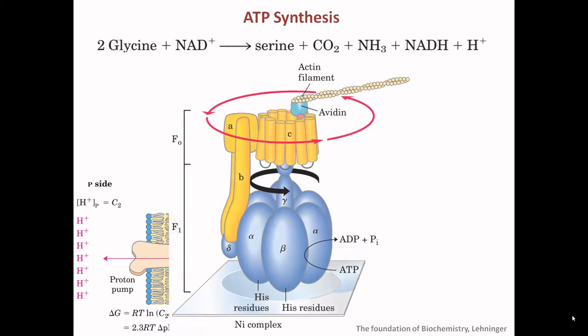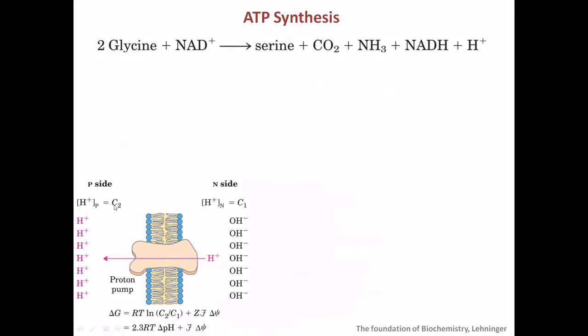So the proton pump, the proton gradient that is generated, maintains an electromotive force, or the proton motive force, and this is how the ATP is generated in this process. So this is the P side, the intermembrane space, and the matrix. Because of this proton pump, there is a proton motive force generated here, and delta G, the